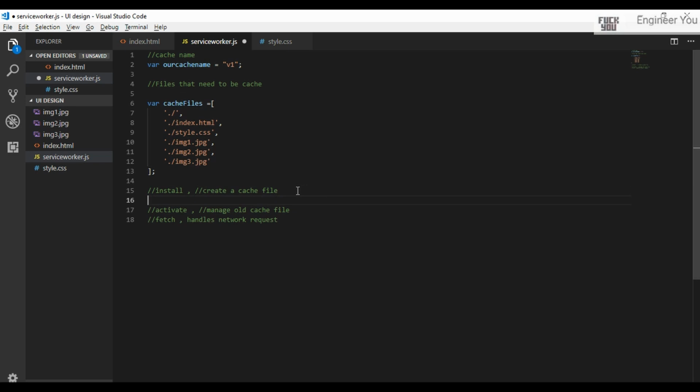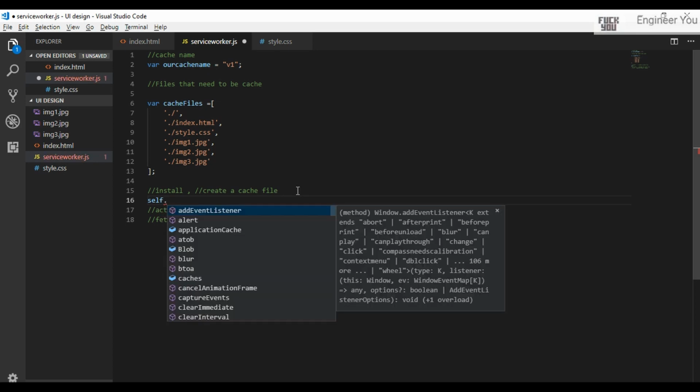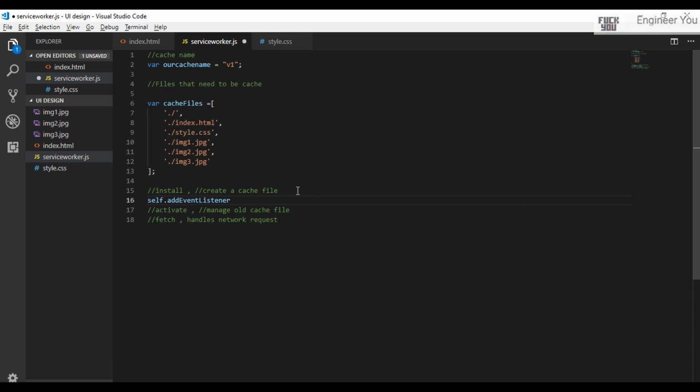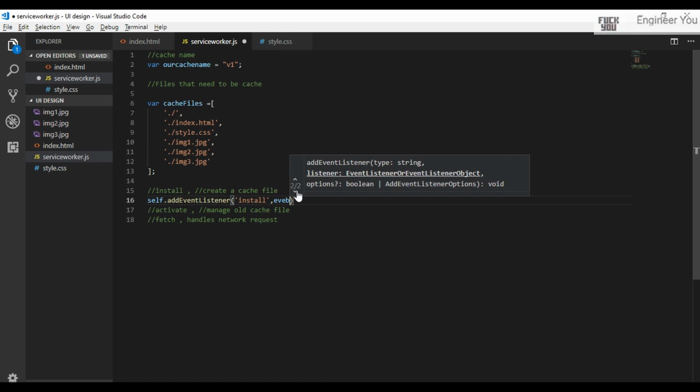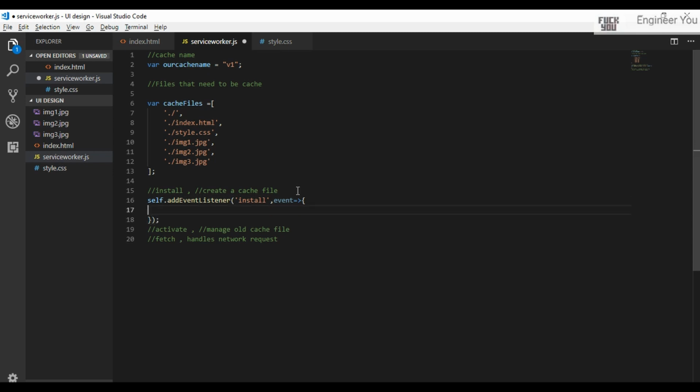So how do we install the service worker? With self, which is a global object for our service worker, I'm going to say addEventListener, and it's going to listen to an event. As I already said, the service worker works with events, and this is the install event that the service worker is going to work with, where we get to install the service worker itself. So let's add the install event, and it's going to get an event here, and inside this event I'm going to say